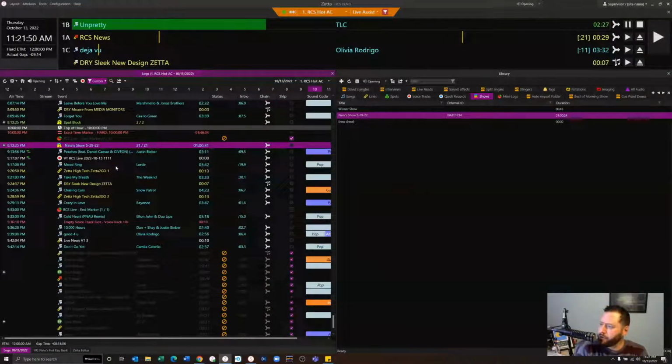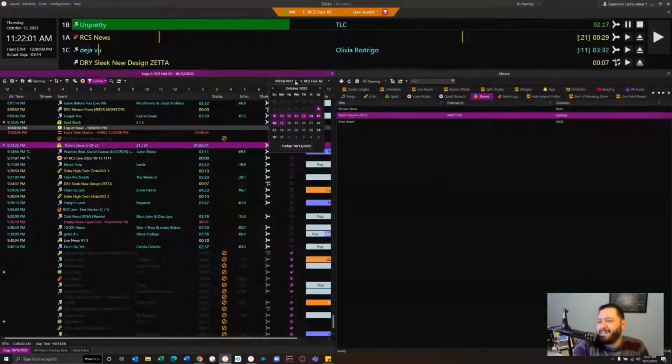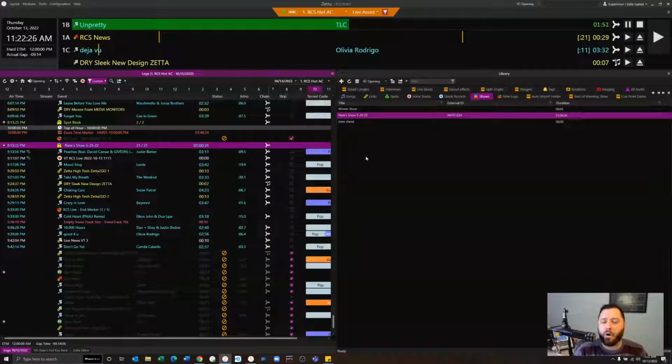So let's review here so far. We are talking about working ahead on logs, right? There's no restrictions in Zetta and G Selector on how far you can schedule in the future. In addition, if you had a specialty show that runs outside the context, I can always go in on Saturday, in this example here, I can go on Saturday 10:15 and I can work on my log structure because the log is there. However, I can't work on Saturday 10:22 because there's nothing there yet. I can always work ahead in a show or mini log and drag that into 10:22